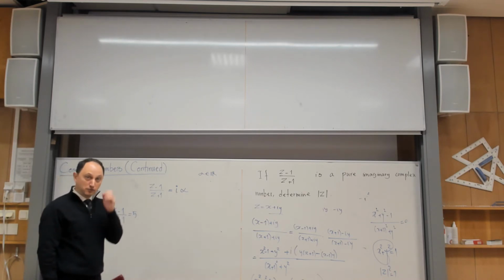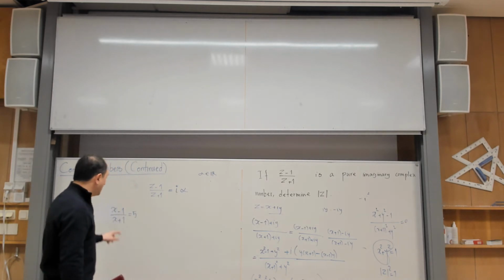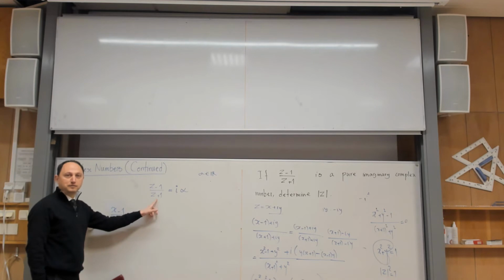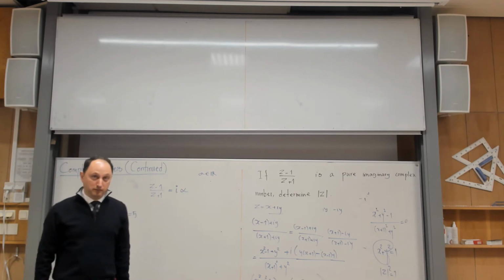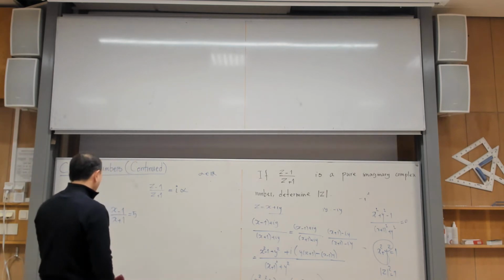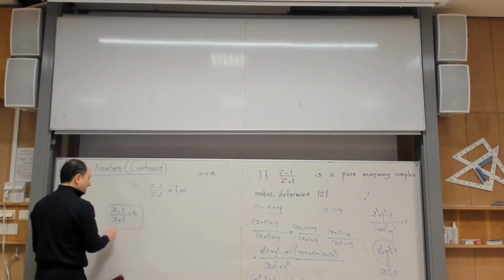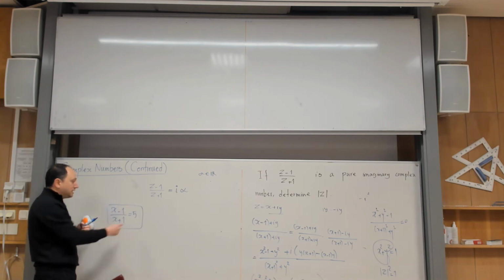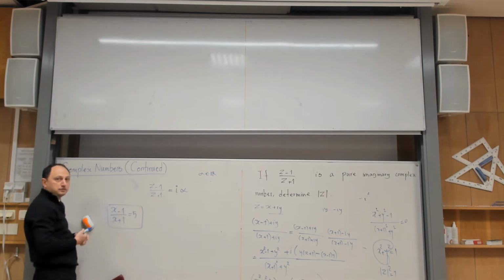This is the problem of students. They know how to solve it. They don't recognize that's the same problem. This is a really big problem of the students doing mathematics. I am completely sure that you can answer this one, but do you see that this is the same problem, isn't it? And the only thing is that instead of 5, you have i alpha. So the strategy shouldn't change. These are the things I want you to learn.